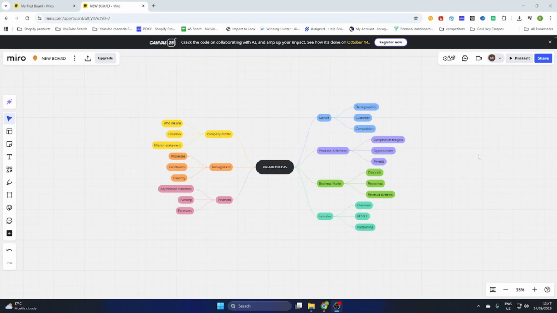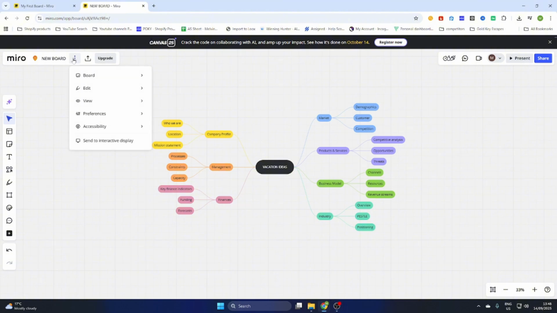In this video I'm going to show you how to export Miro boards as PDF files. So what we will do, we have created a Miro board and we would like to export it as a PDF file. So the first step is of course to go to the three dots over here and click on